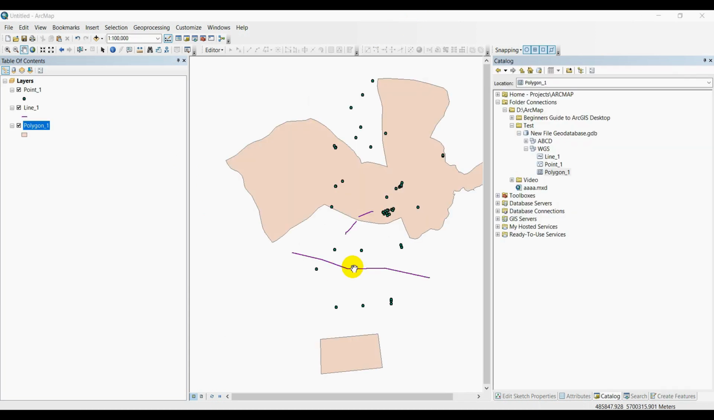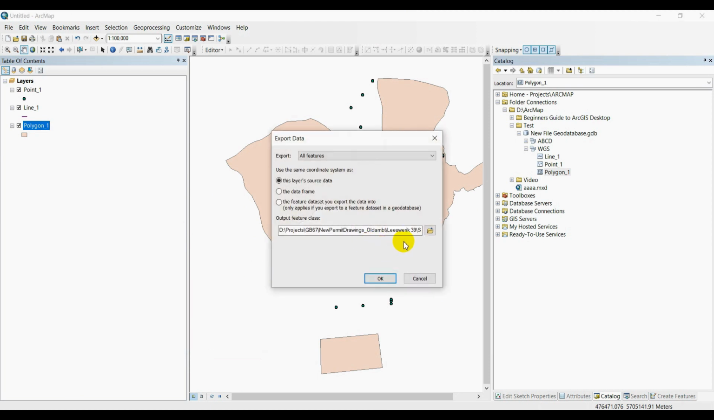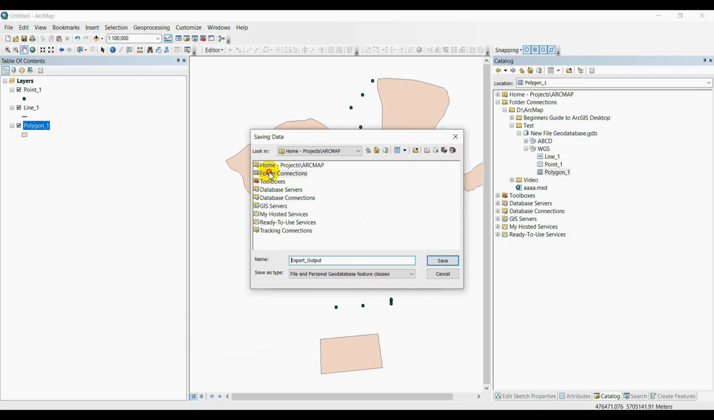Also we can export our data as DWG format and shapefile format. For export, we need to right click on the feature, Data, Export Data for shapefile and CAD file, Export to CAD. First we export as a shapefile. Export Data, then our desired location, create a folder, shape,